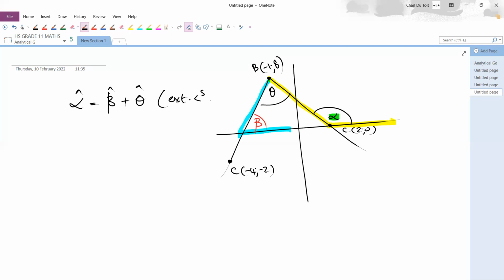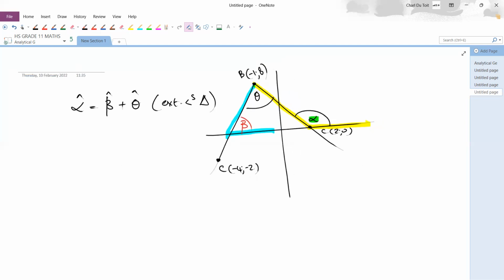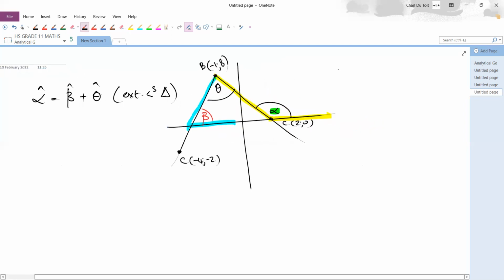Exterior angles of a triangle. There we go. Okay, so the first step is I want to find alpha. So this is the formula. Tan alpha is M. And I want to find beta. Tan beta is M. So you'll need the gradient of the yellow line and the gradient of the